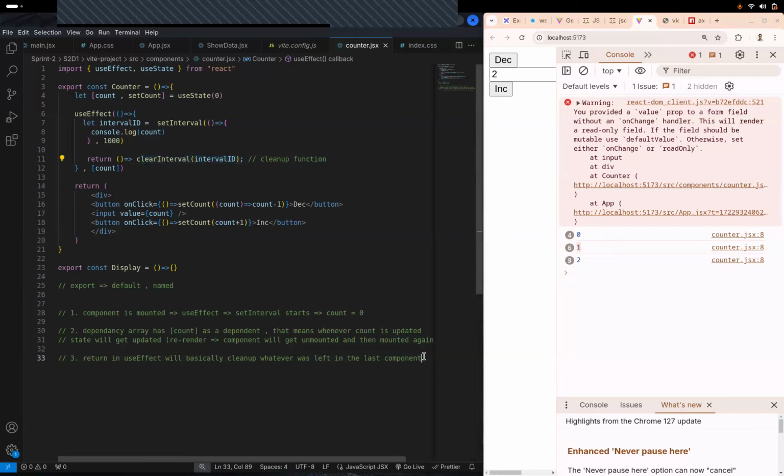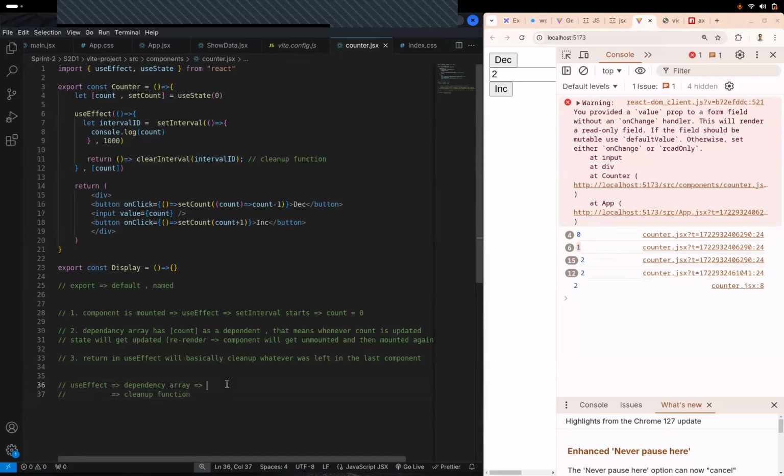So again, finally concluding use effect, this is all that happens in use effect. Use effect comes with two things in its hand. एक dependency array, and what's the second thing that it has? A cleanup function, right?